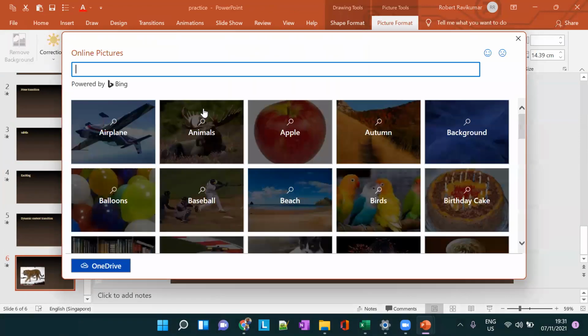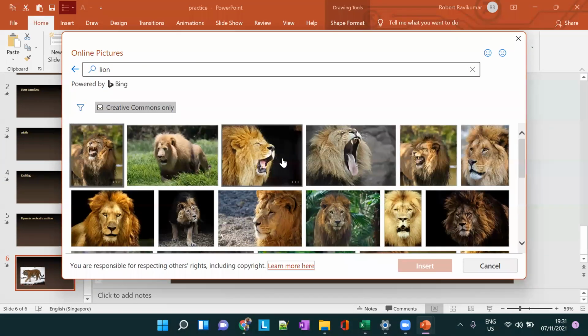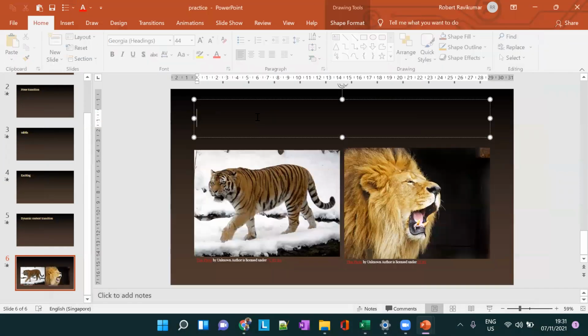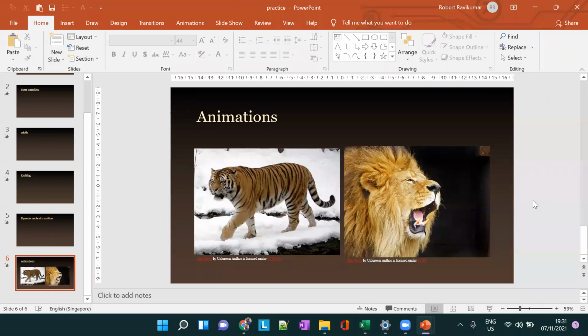Let's add another picture. So we are going to learn what an animation is now. I'm going to apply an animation to this particular picture, the tiger. So I've chosen this picture.